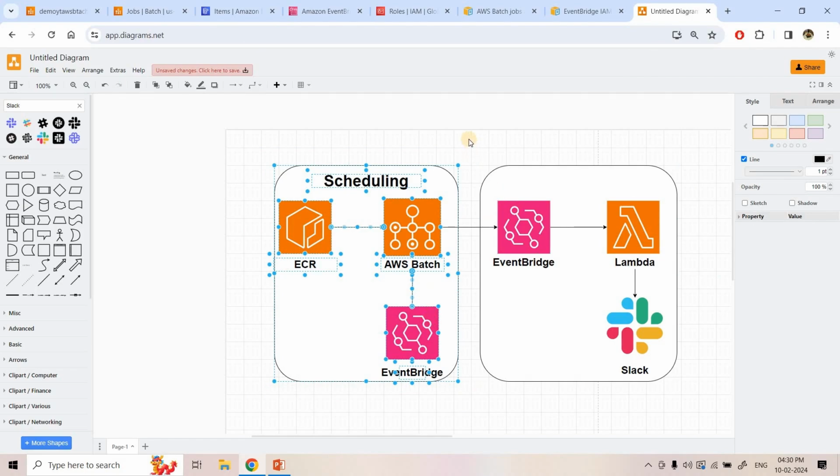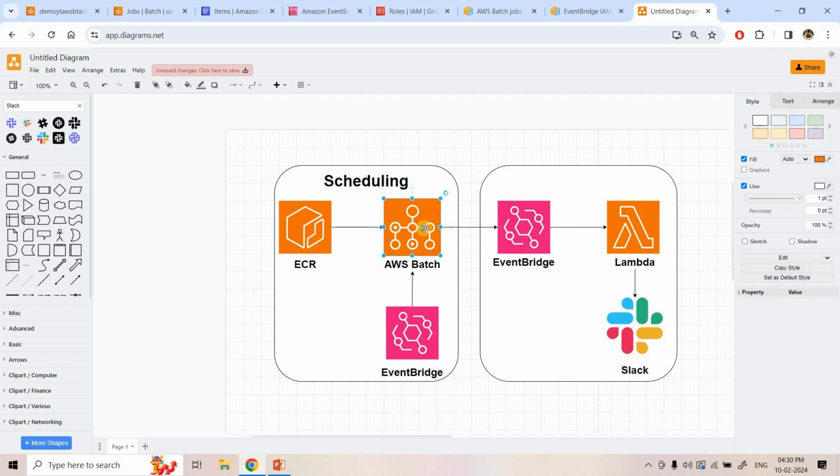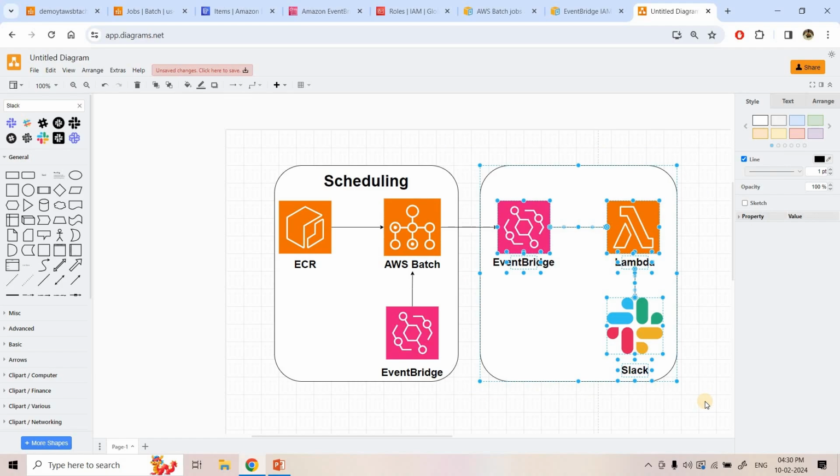I hope you understood this section, how to automatically trigger our AWS Batch job using EventBridge. And in our next section, we are going to explore, suppose for some reason the batch job fails, and we want to capture that event and send an alert to the developer team or admin team so that they can come and inspect the pipeline and see why it failed. How to implement that automated alert functionality, we are going to explore in our next section. Stay tuned.